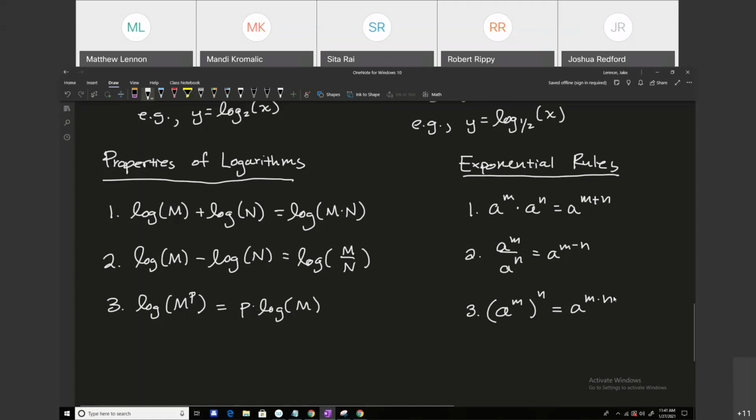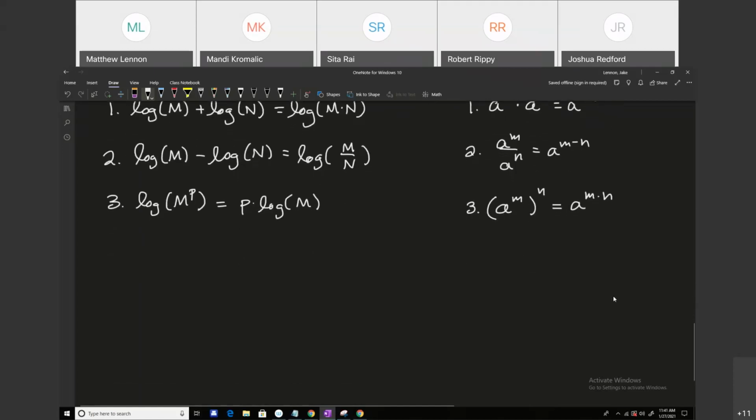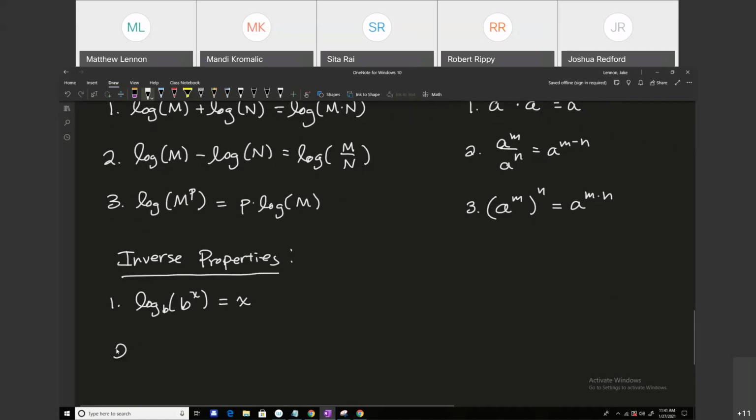Okay, we also have some inverse properties. You may have already kind of guessed those from evaluating the logs that we've looked at so far, but if you haven't, I will point them out explicitly. One is if you have the log base b of b to the x, this is equal to x. And the second, if you have b raised to the log base b of x, this is equal to x, but only for x that are positive, because again,